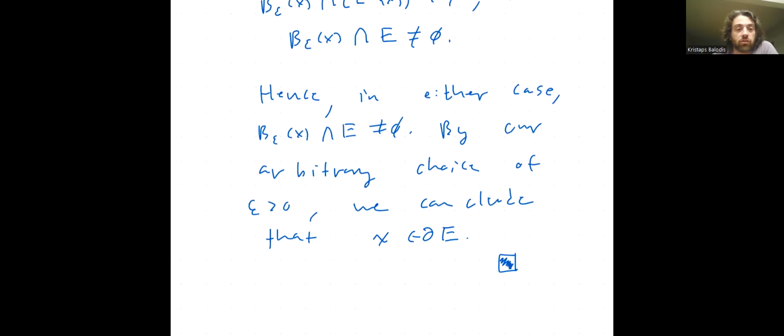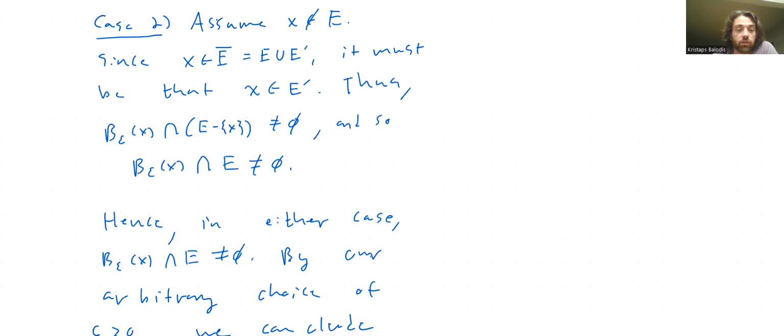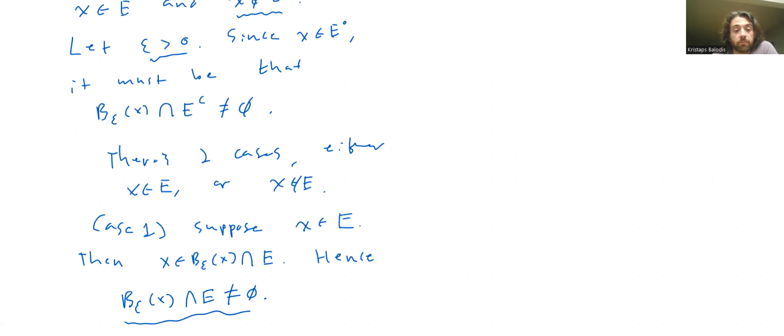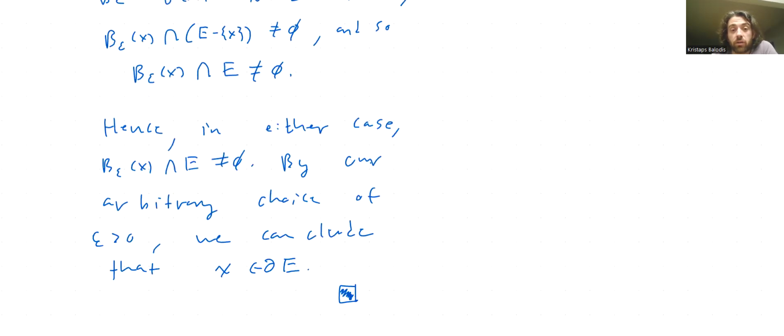Because this was the second direction. And what did we do? We started with the assumption that X was in the closure of E, less the interior, and we got down to the conclusion that X is in the boundary. So that concludes the second half. Hopefully that was a better explanation, or more clear, had a little more details in it. So